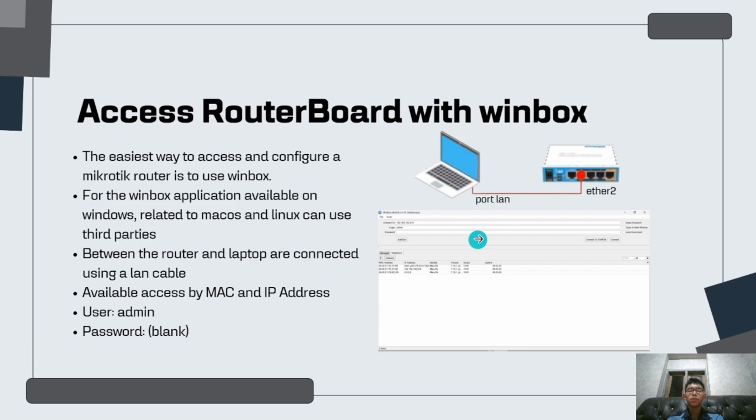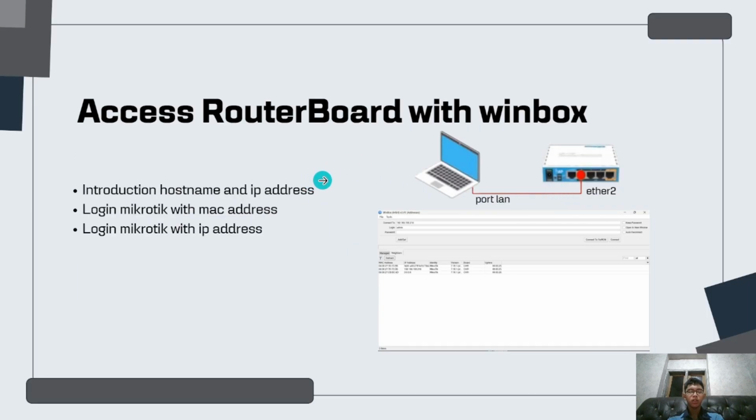If your laptop doesn't support a LAN cable, you can use an external device like a LAN adapter, and it is available to access by MAC and IP address. And if you haven't logged into your router or it is the first time, the default user is admin and the password is blank.